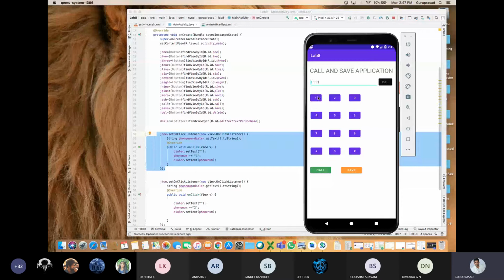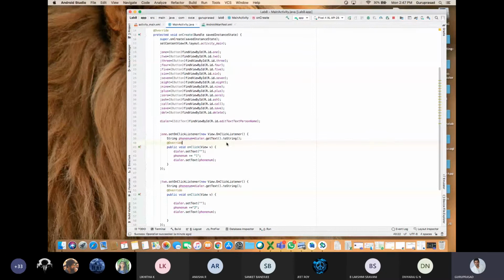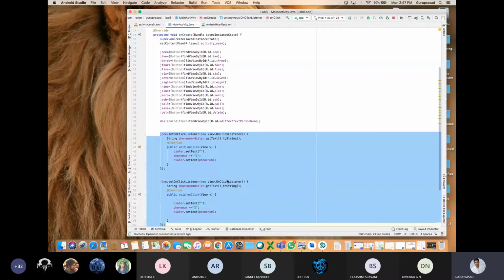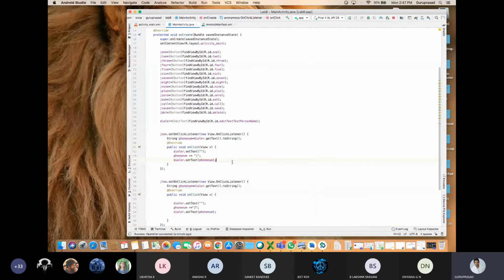Again, if 1 is added, is it fine? Am I clear? You should not program like this. This is the wrong programming, wrong technique. For one button it is okay. I'll delete this and I'll run this.